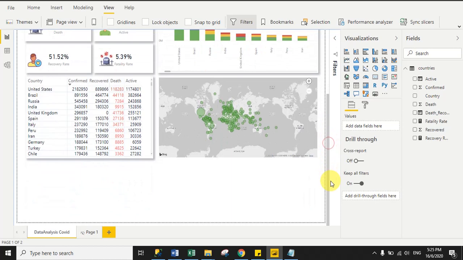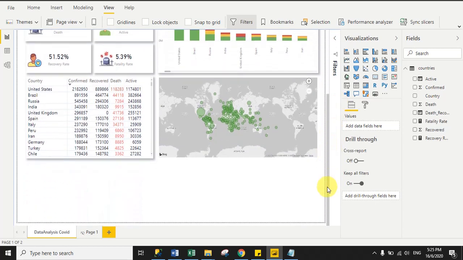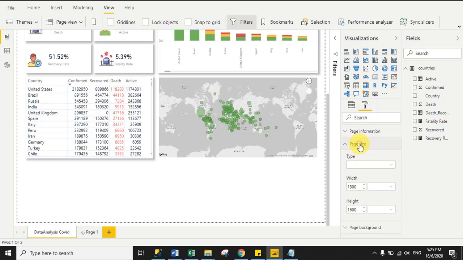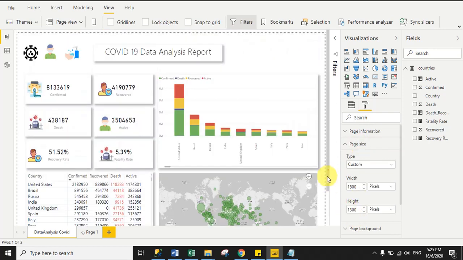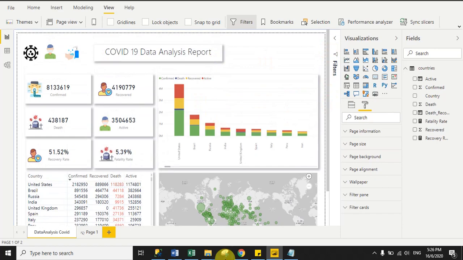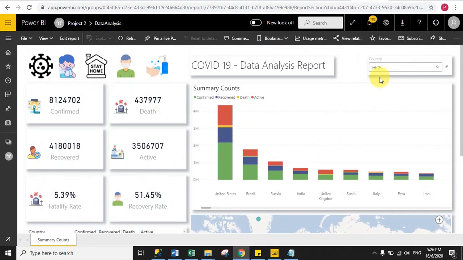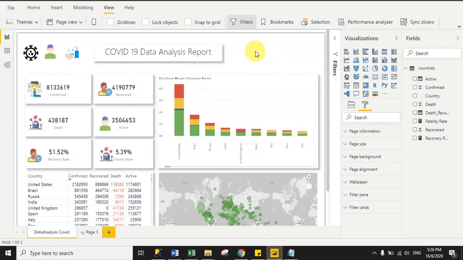So here we successfully completed almost all visuals. Now here we have some space left, so you can decrease the page size. So click to page size and make it 1300 pixel. Fine. Okay, so what we missed here, go to original dashboard, and in top we have one search visuals. So back to the Power BI desktop.